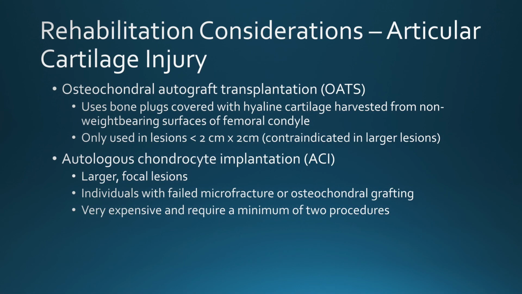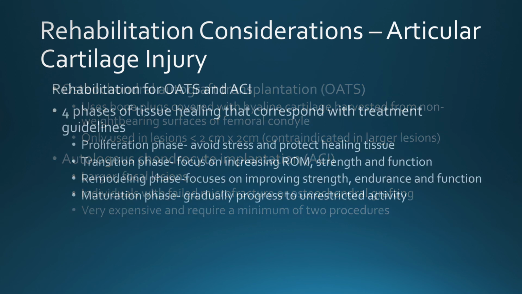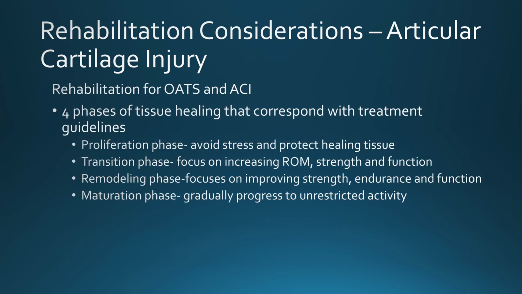And then we have the ACI, the autologous chondrocyte implantation. This is more for larger focal lesions, individuals with failed microfracture or osteochondral grafting. It's very expensive and it requires at least a minimum of 2 procedures to be performed. So rehabilitation for these latter 2 procedures